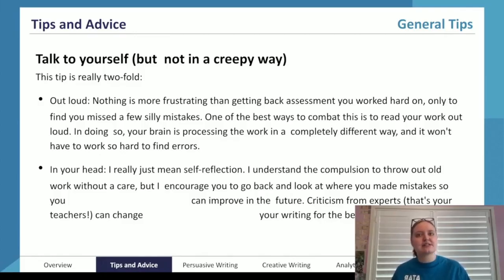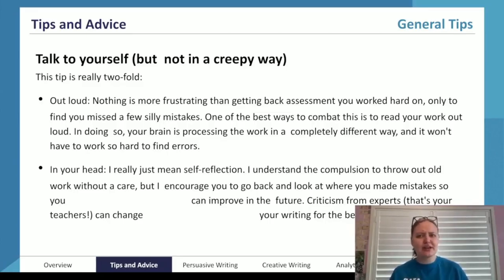So it's really important to be editing your work very carefully before you hand it in. It ensures that you avoid this problem. And one of the best ways to edit well to ensure that you catch those little mistakes is by reading your work out loud. When you read your work aloud, when you read anything aloud, your brain is basically processing the information in a different way. It's likely that you've read the work in your head a whole bunch of times, but reading it aloud allows you to pick up on mistakes. You realize that words are spelt wrong. You realize that there's commas missing, all of those sorts of things. So definitely make time in your editing process to be reading your work aloud.